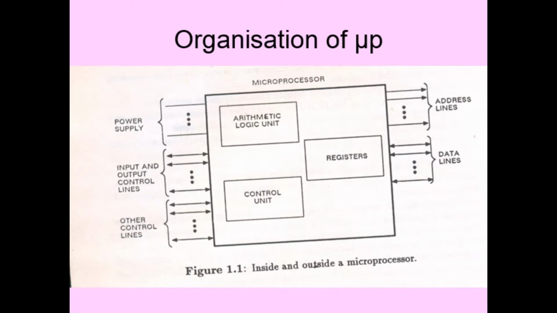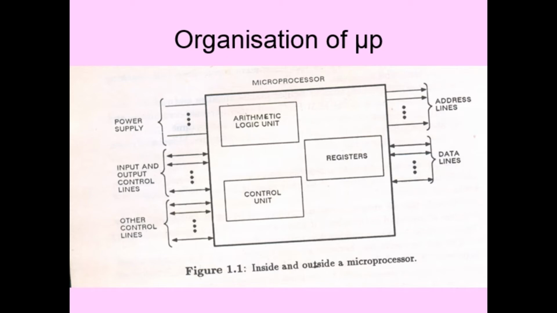The ALU is for doing arithmetical and logical operations, registers are for storing purposes, memory locations, and the control unit is for doing all the controlling action. And whatever you see outside these things are the pins, or the lines, or the buses. If the microprocessor has to work, some input I need to give, and that is given by using the power supply. Only then will it start working, because it is an electronic component. You require an auxiliary power source, so you give the power supply to it.